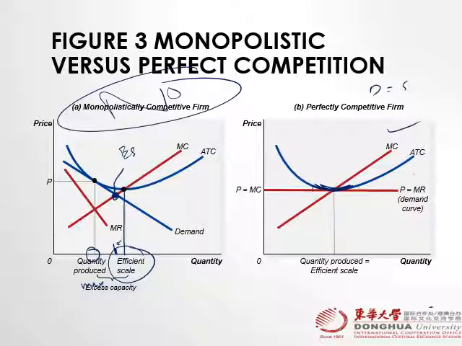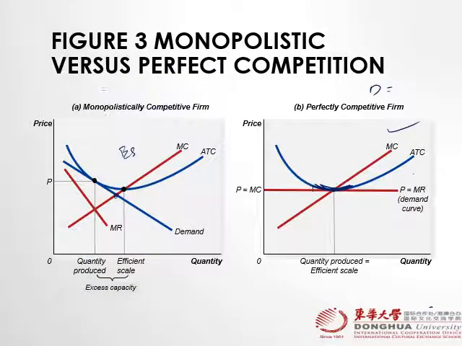So this difference is called excess capacity. So one condition is that in the long run, the monopolistically competitive firm behaves like a perfect competition, but with two conditions. One is excess capacity, we just discussed that, and the